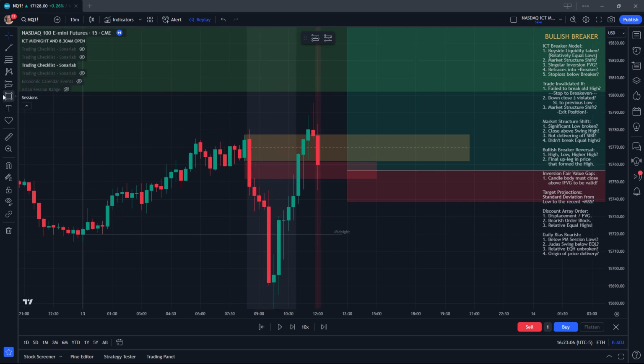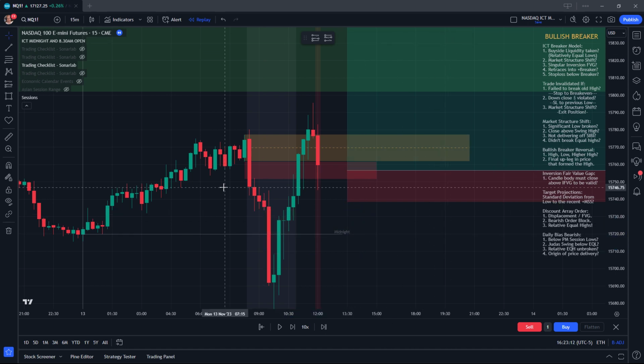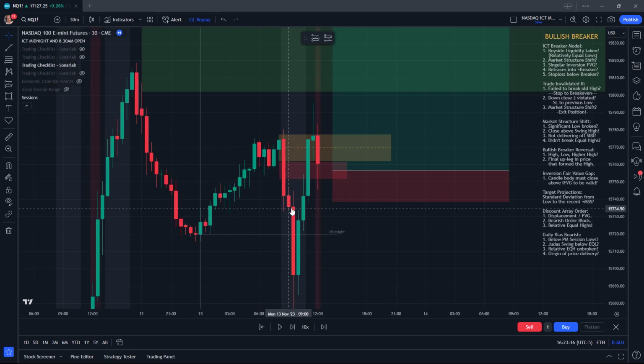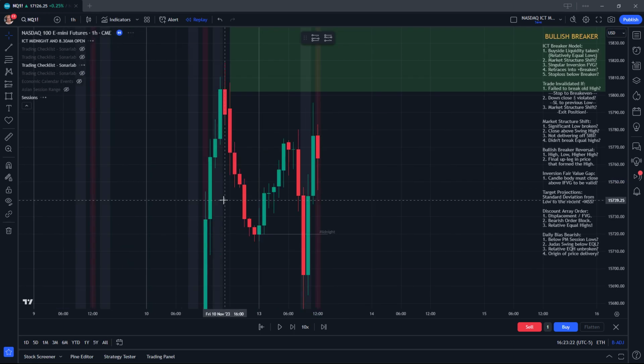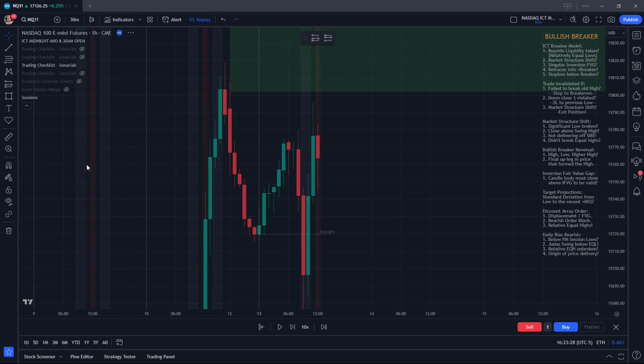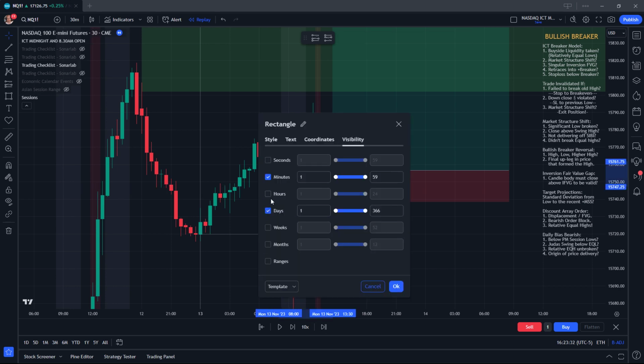Actually, I just realized something. We've got 2, haven't we? We've got 2 inversion fair value gaps, and we actually said we need to keep going up into higher time frames until we only have 1. So let's go to 30-minute. We've got 1. Let's see if it's still there on an hourly. So yeah, it is on an hourly,